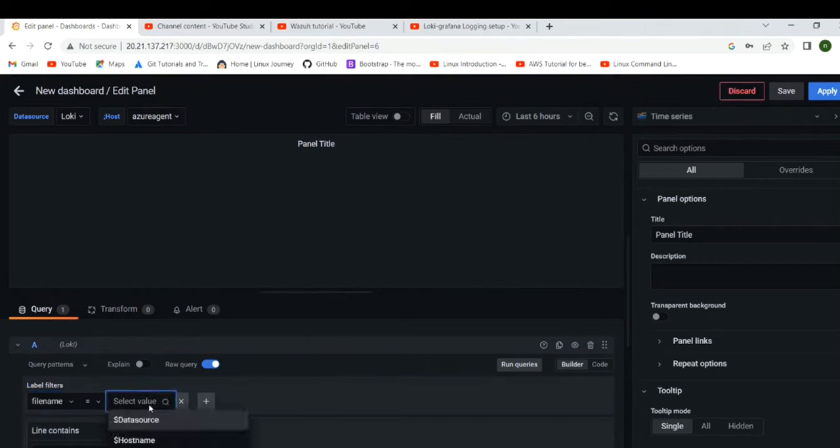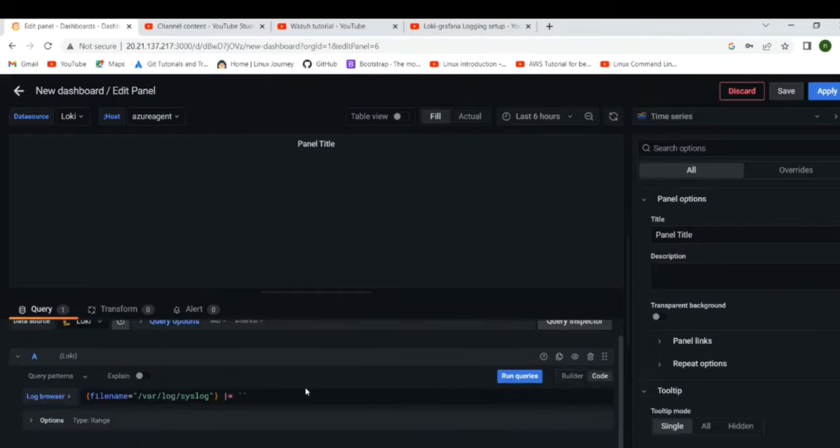For simplicity, we work on the same file, slash var slash log slash syslog, and we are good to go with that. And we will go to code to make our query, and same we will